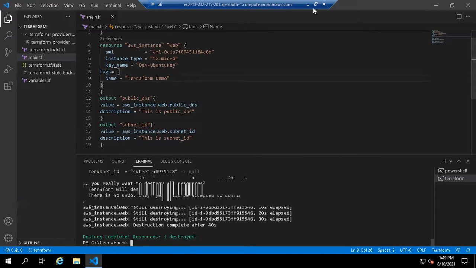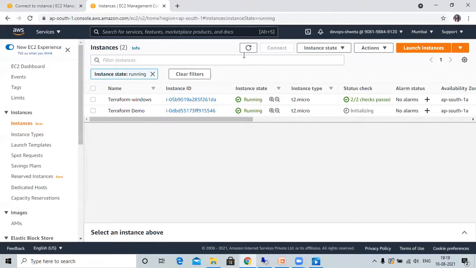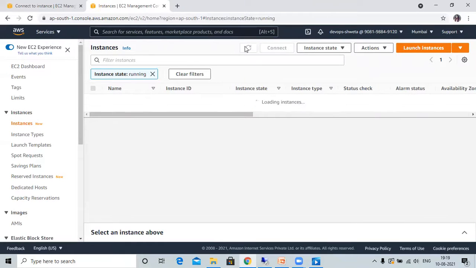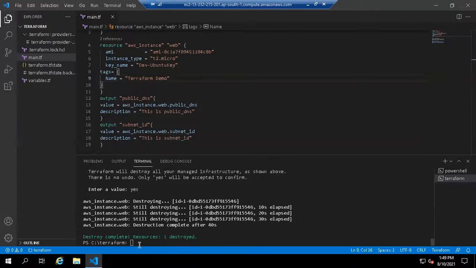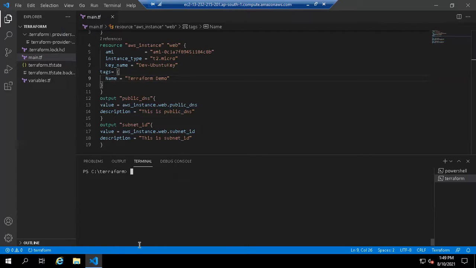So let's check. Successfully destroyed. So clear the screen first. So now we are going to the third point, how to print public DNS and subnet ID with output.tf. And this is another way to print output values.